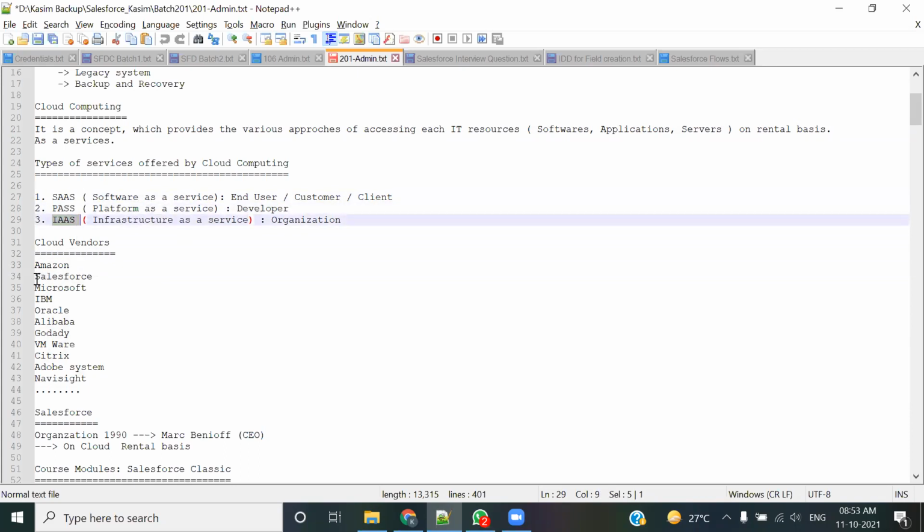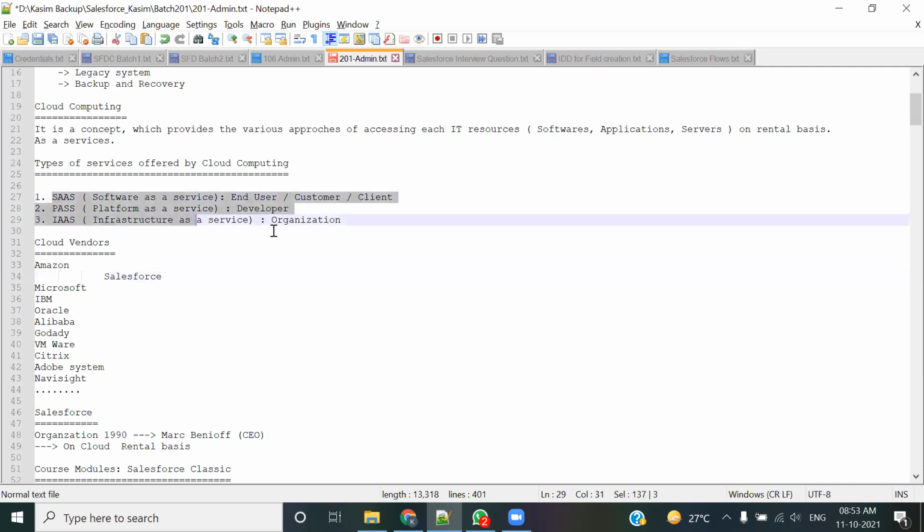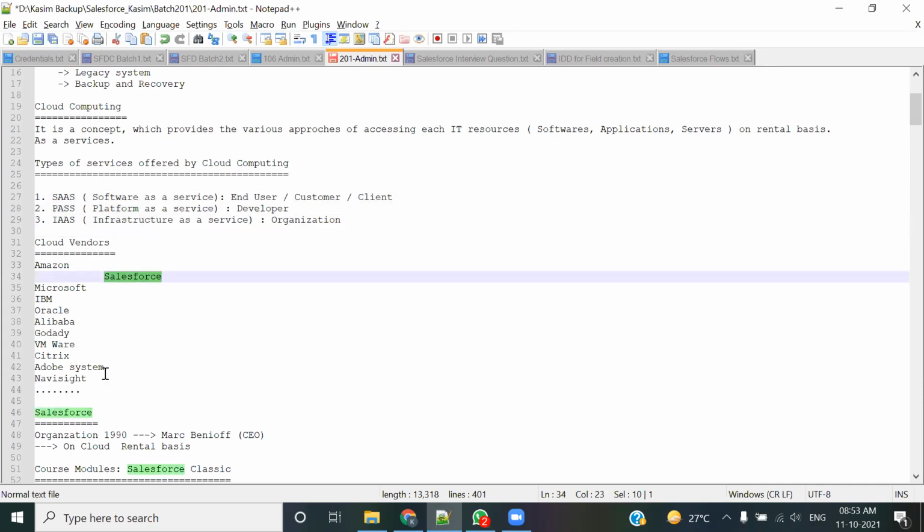And then what you should identify, and among this, Salesforce is the only one who offers you SaaS, who even offers you PaaS and IaaS. Okay, even offers you SaaS, PaaS, and IaaS. So this is one of the important points. तो अगर आज आपने कुछ जाना Salesforce के बारे में, तो वो ये जाना कि देखिए वैसे तो क्लाउड के बिजनेस में बहुत सारे लोग हैं, and probably there are 3 different kinds of services, and no one is capable to provide all 3 kinds of services. Salesforce is the only one.